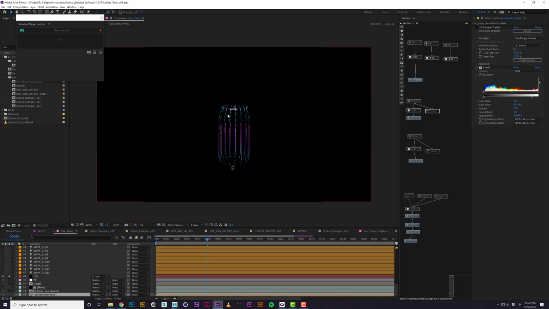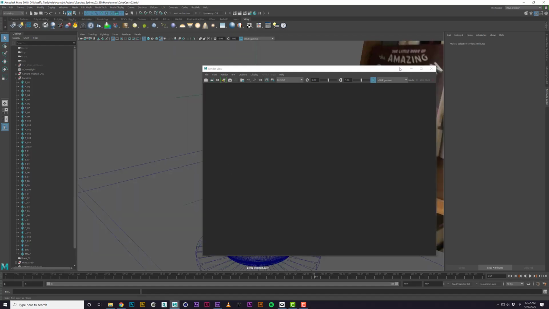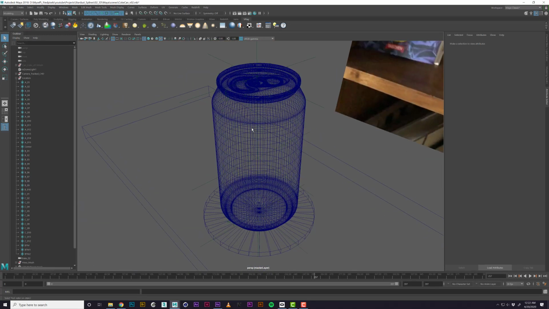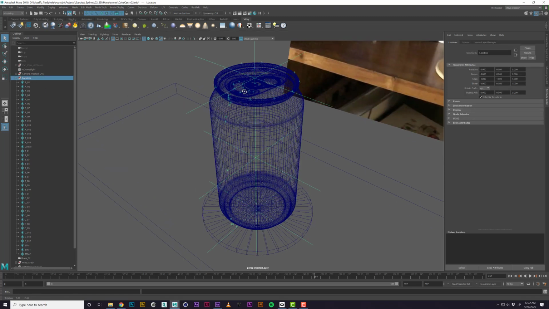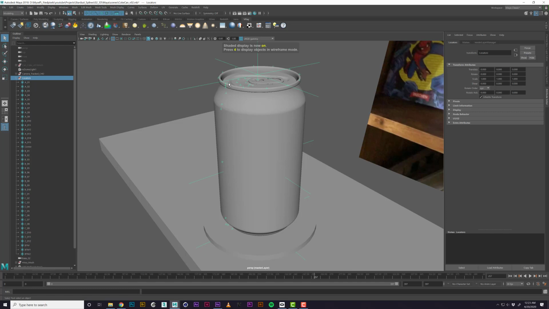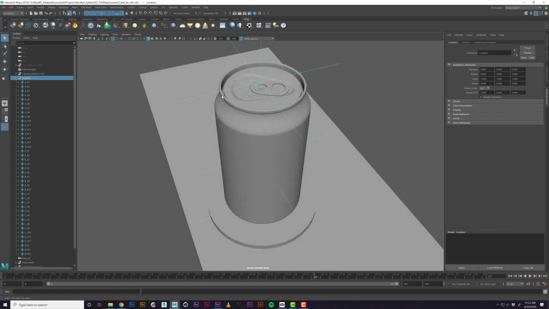So now, what is that process, right? So let's jump into Maya real quick and we'll look at it. So here I have my scene and I have this can, like I said, and what I specifically wanted was to create outlines that match the geometry. So if I select these locators, you can see that I have this group, which is starting at the bottom, and they follow the profile up. They come up to the top, and then they wrap around this lip, and then in there.